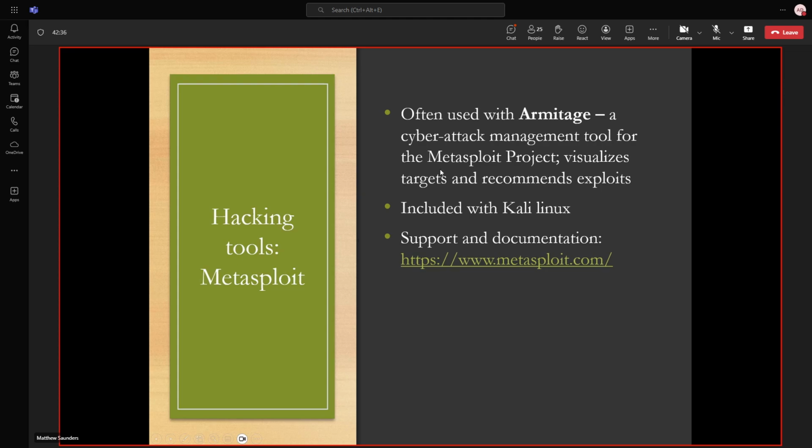Okay, so Metasploit is often used with Armitage, which is a front-end GUI on top of it. Not always used with it, so it really depends on the person.